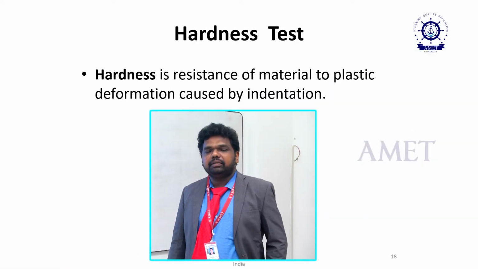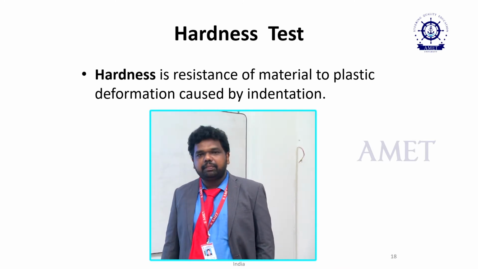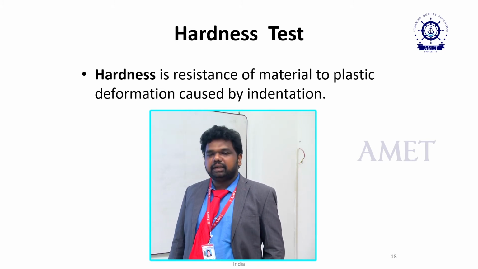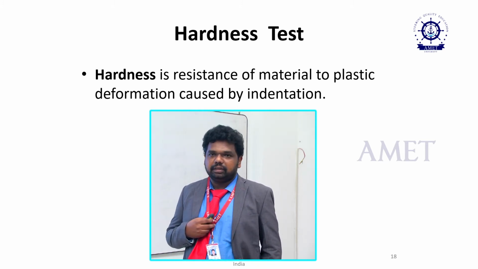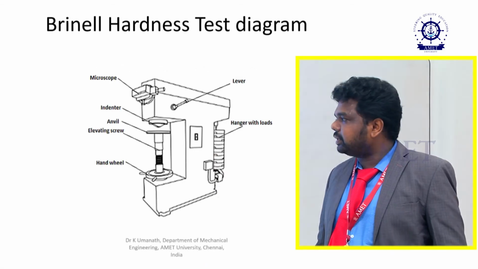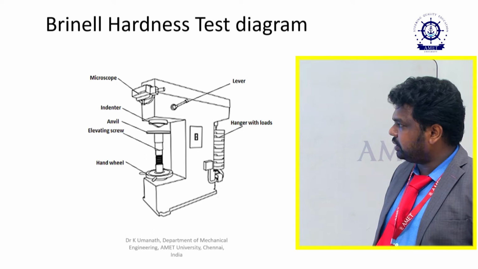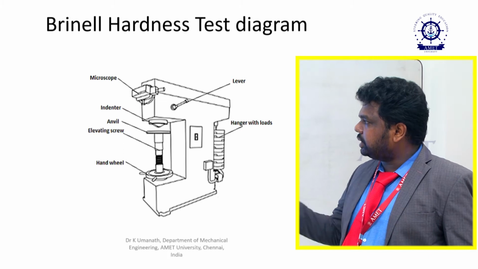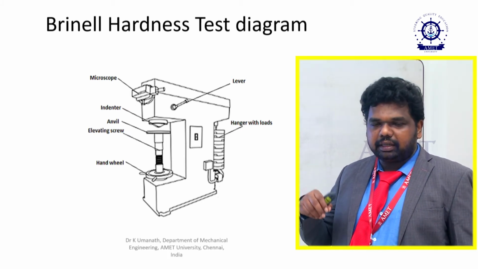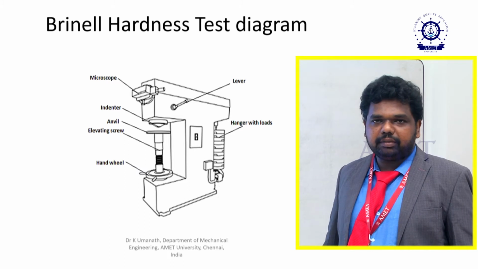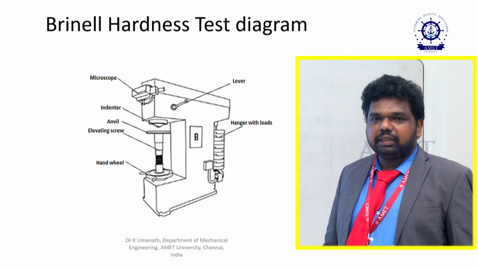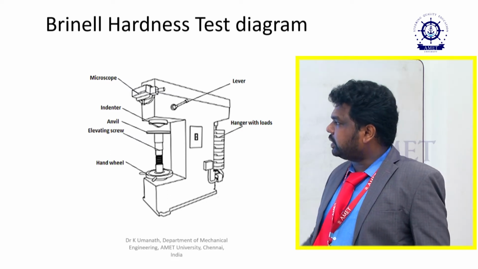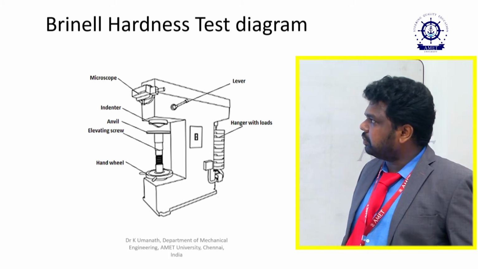Next, we are going to discuss hardness, a very important property of metals. Hardness means the ability to resist indentation or penetration of the metal. This picture shows the Brinell hardness testing machine. Here we use an indenter to penetrate the metal or specimen to find out how much penetration occurs per unit load. Based on the load, you measure how much penetration occurs. We have different loading devices in this Brinell testing machine.